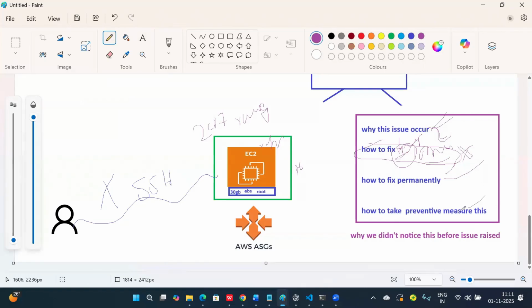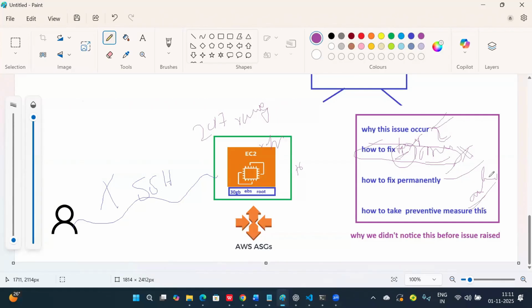Yes. How to take preventive measures? An alerting system. A very good alerting system in your system. Clear now? So that we can prevent this kind of issue in the future. So you have to think like that. How many concepts are covered here? For a small instance, EBS volume increase. How many concepts are involved here? Metric system, CloudWatch system, log rotation system, Linux commands, disk commands, process commands, which port, which process is running,